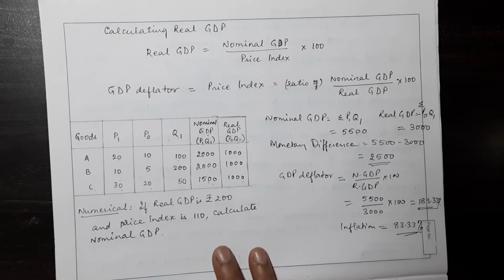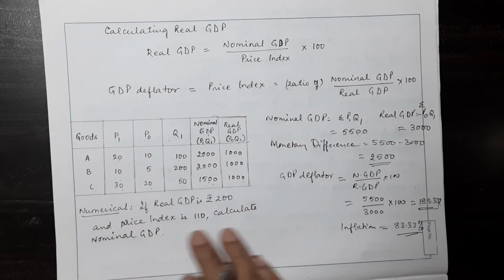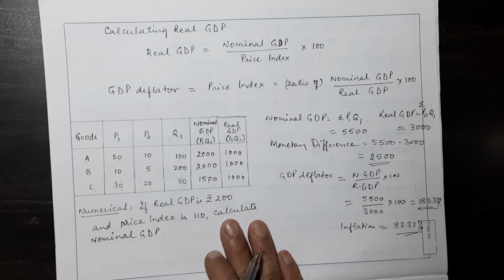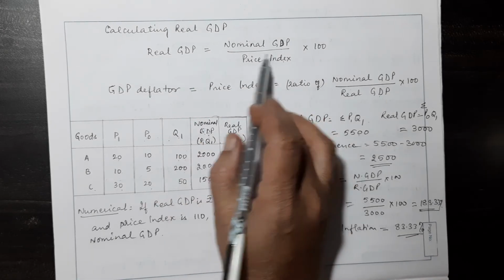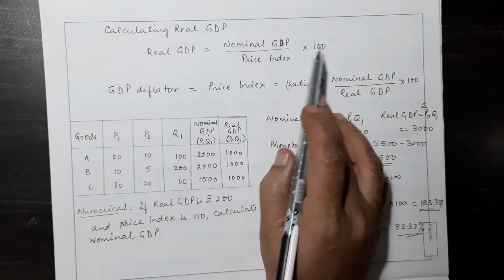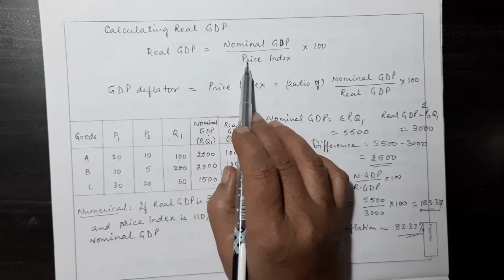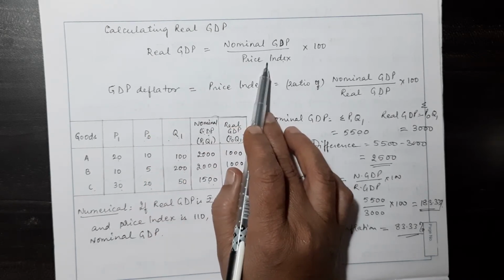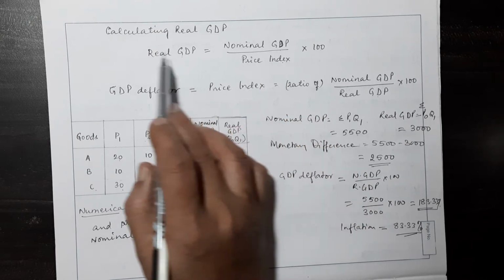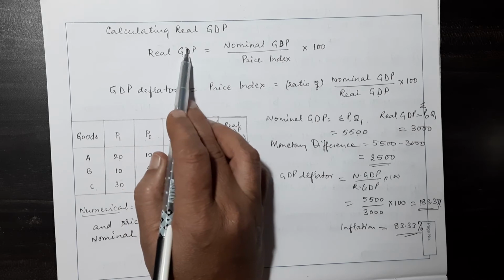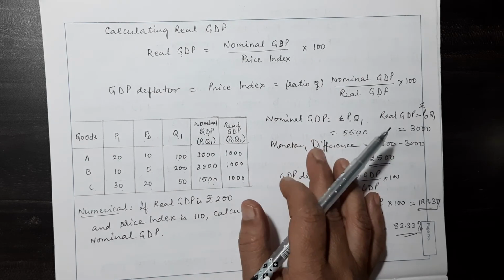Now, generally in the examination, they ask you what is real GDP, what is nominal GDP, and they give you a small numerical, for maybe 2 marks or 1 mark, to calculate the price index. So if we know this formula, real GDP is equal to nominal GDP divided by price index into 100, you can just rearrange to find any one of these. You put price index here, you get real GDP here in the denominator, and you can find price index. So if you want to find nominal GDP, then you take this price index over here, and real GDP into price index divided by 100 will give you nominal GDP. So that's how you can rearrange to find out any of these, right?